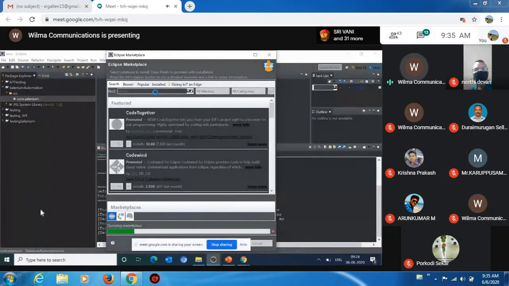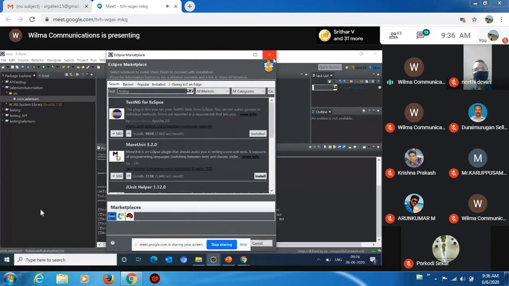When I select TestNG, I will get the TestNG framework, which is basically used for creating tests with your Selenium project. Here you can see TestNG for Eclipse, which I have already installed in my Eclipse window. This is a separate framework which is used for your automation testing.